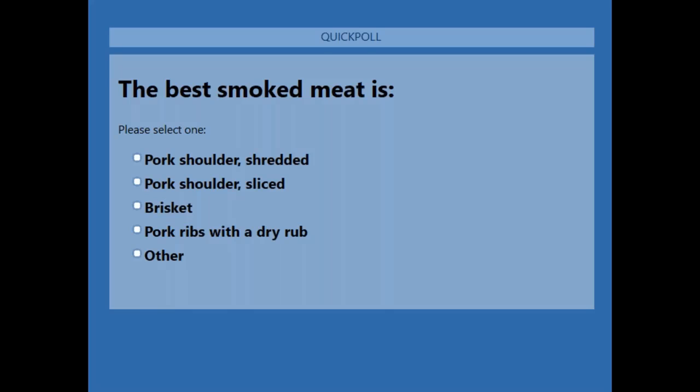And this is probably the most important poll that we'll have. Okay, it looks like, oh wow, look at that. Brisket and pork ribs with a dry rub are tied neck and neck. Oh, well, it's all over the place. Pork shoulder shredded is surpassing. Okay, we'll close the poll. Looks like pork shoulder shredded just barely beat out brisket. We must not have any Texans here today. Okay, on a more serious note,